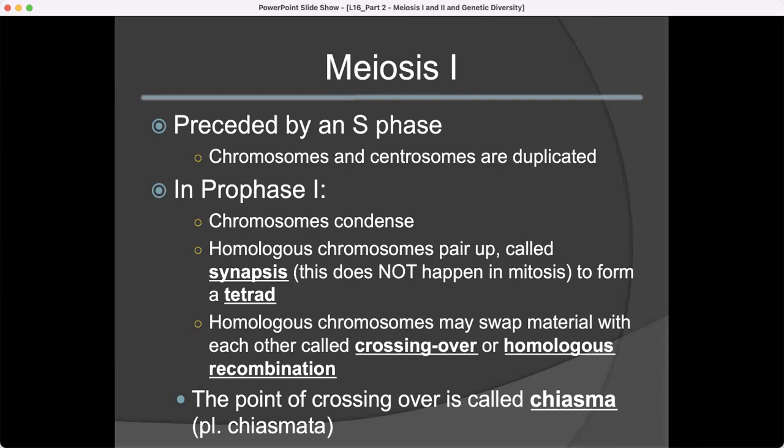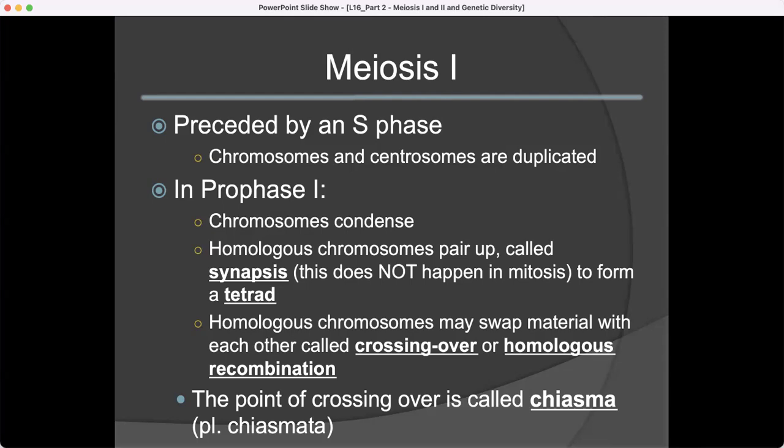In prophase 1, very similar occurrences happen, such as the chromosomes condensing. However, in prophase 1 of meiosis, a very important event happens. This is called the crossing over event. This allows for the genetic exchange of material between the chromatids and also between the homologous chromosomes. This means that once crossing over occurs, we have genetically distinct chromatids. This does not happen in mitosis, and this happens specifically in meiosis because we have the formation of what is